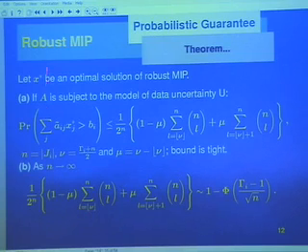So the question is, suppose now there is a probability distribution. In other words, the data is changing according to the probability distribution, which is symmetric around the nominal value. Notice, because it is symmetric, it is equally likely that you are above the number and below the number. So there are cancellations involved. Suppose you select your solution X star according to the robust problem I indicated by solving the new problem. Then the probability that you are infeasible